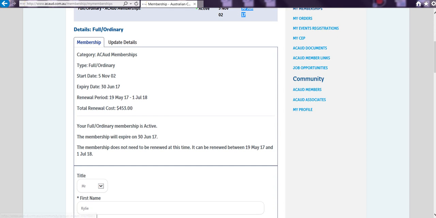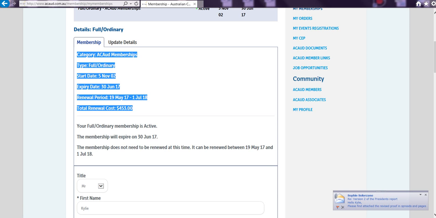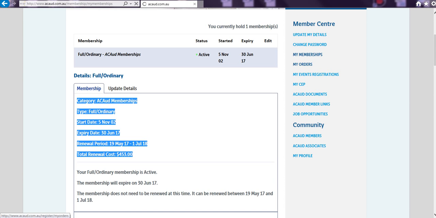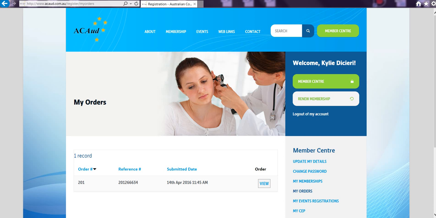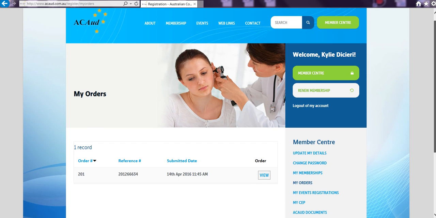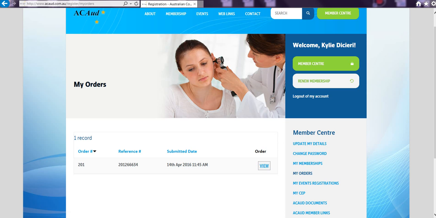It also advises me here of what I renewed at the time that I renewed my membership. My orders, in here is where you will actually have your order that you process for your membership renewal or any other new orders as they come along. So you can actually view them by clicking the view button, and it will bring up a tax invoice receipt PDF if you can't find it, or you didn't get it in an email